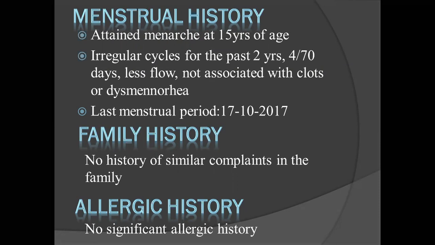What will be the pattern, polymenorrhea or oligomenorrhea, in hyperthyroidism? Oligomenorrhea, sir. What will be in hypothyroidism? Menorrhagia, sir. Menorrhagia or polymenorrhea will be there. But remember one thing: if it becomes very severe, hypothyroidism can present with amenorrhea also. It can go into amenorrhea in both hyperthyroidism and hypothyroidism. Okay, right. Continue.